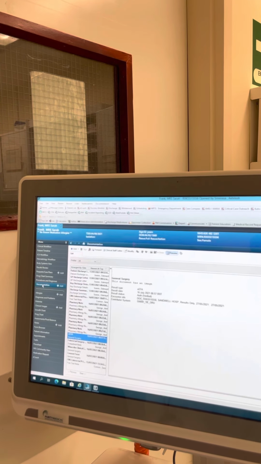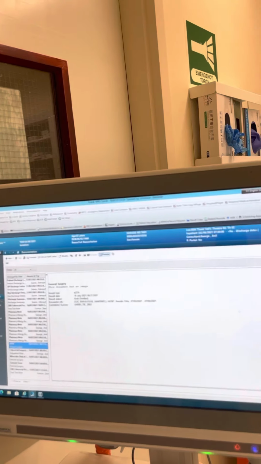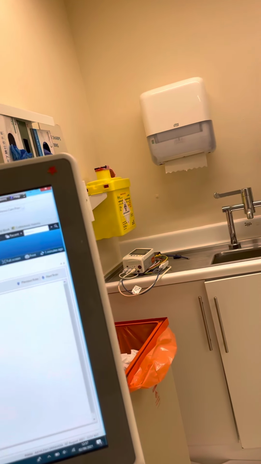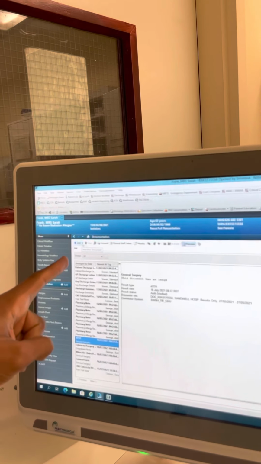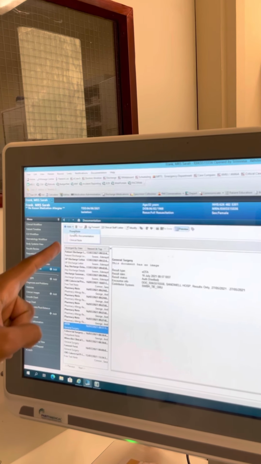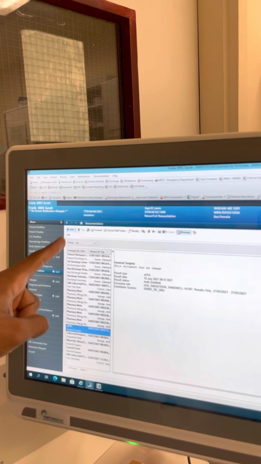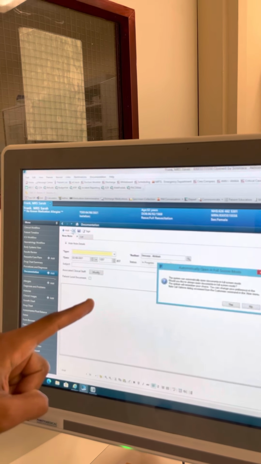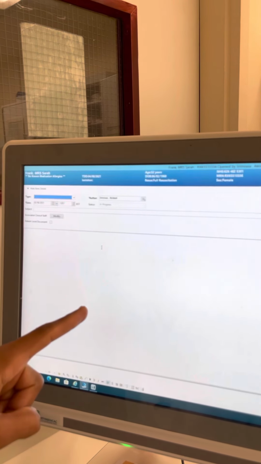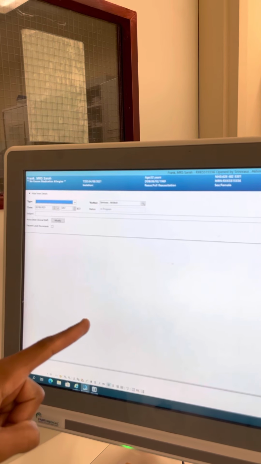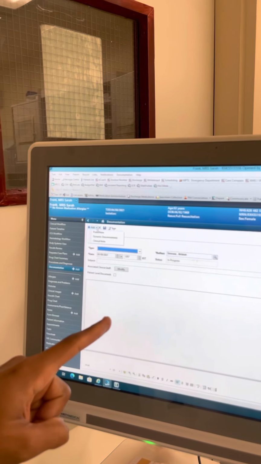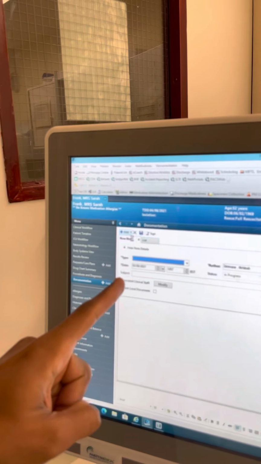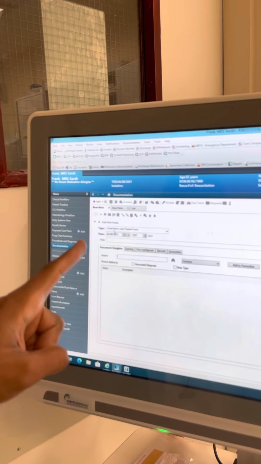On documentation, if you want to write an anesthetic assessment, go to add, I'm recording this, go to power note, in documentation add. So click on power note, and this will come up.